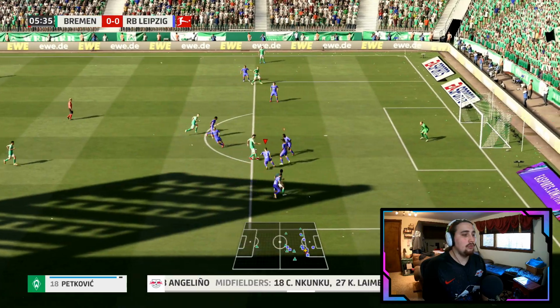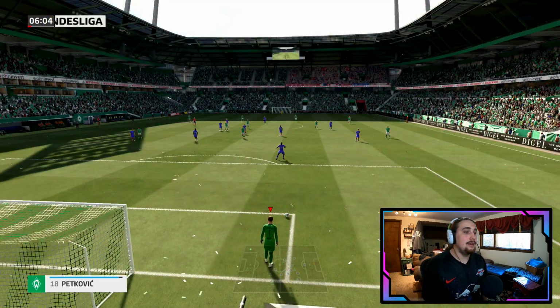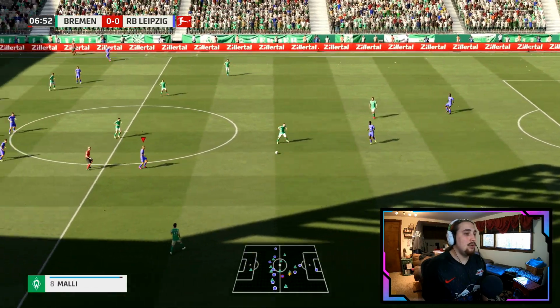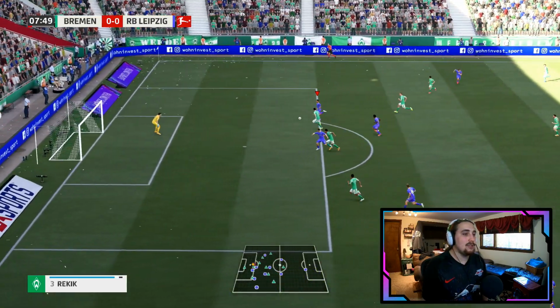Bremen moving the ball around really, really well early on here. What a ball that is. And he should have put that on target, Eggstein. Very, very close, and it was lovely there. We haven't touched the ball yet till just now. Bremen moving the ball around very, very well and get an opportunity. Just can't take it. And now can we go back the other way and take ours as Cunha's on it